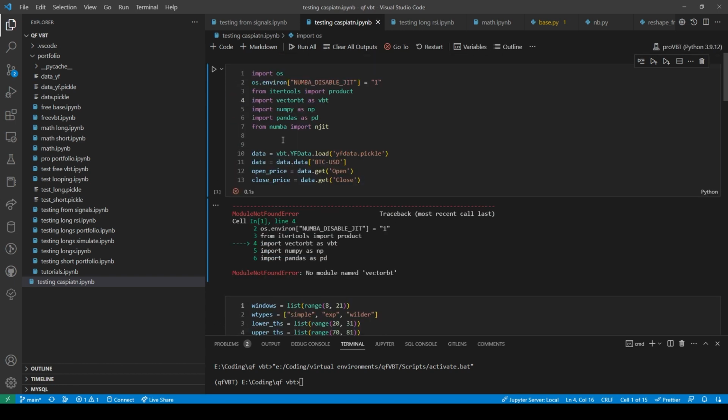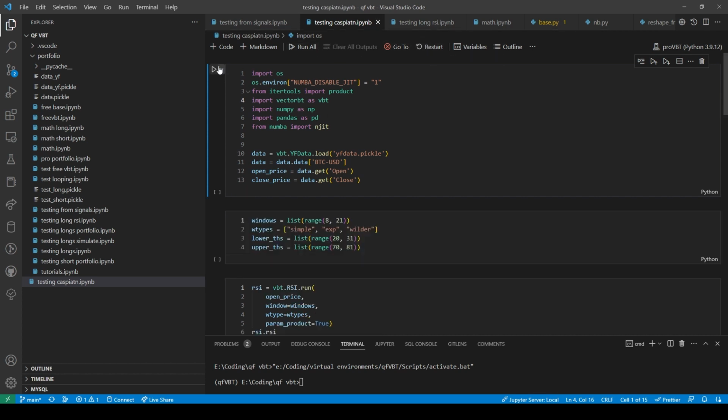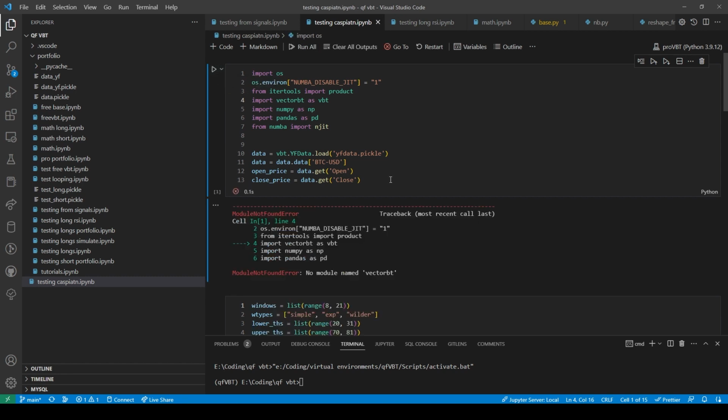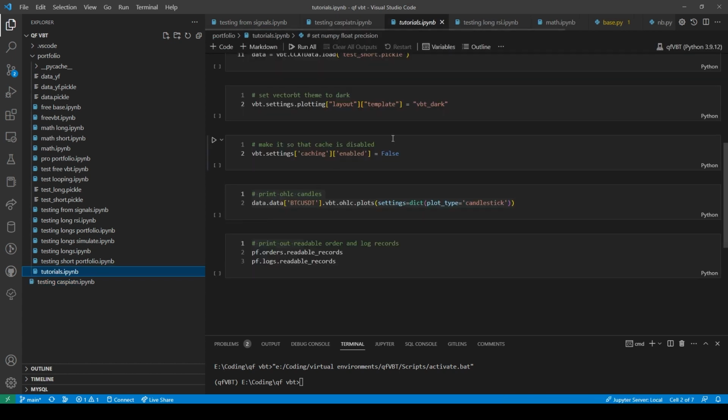Okay. What? No module named vectorbt. How is that possible? What is this thing talking about?